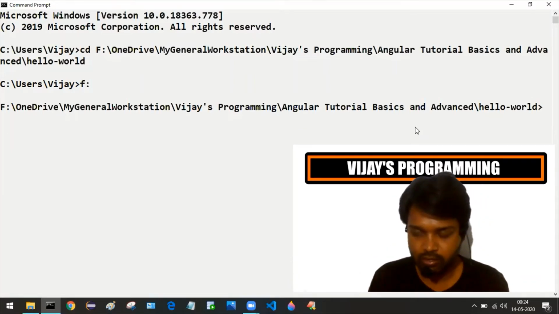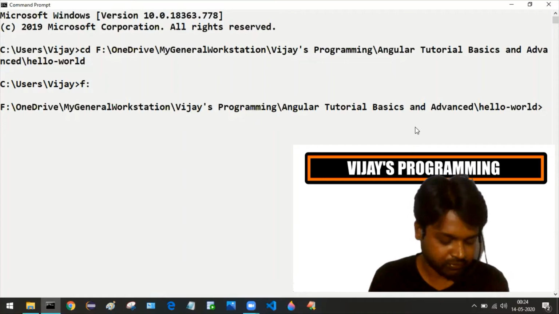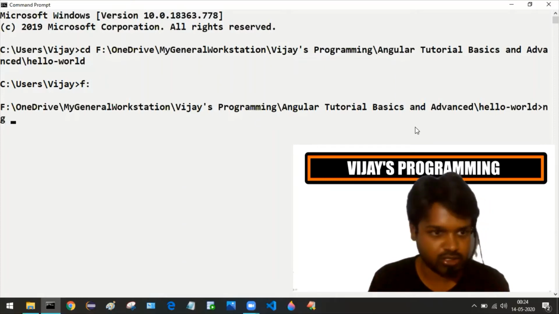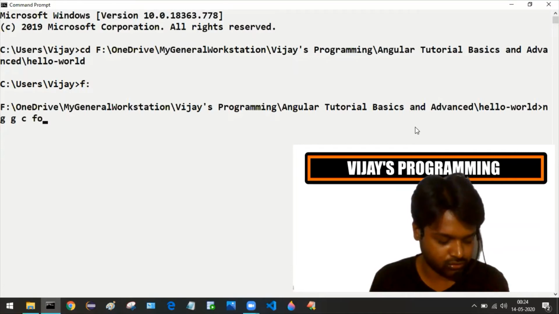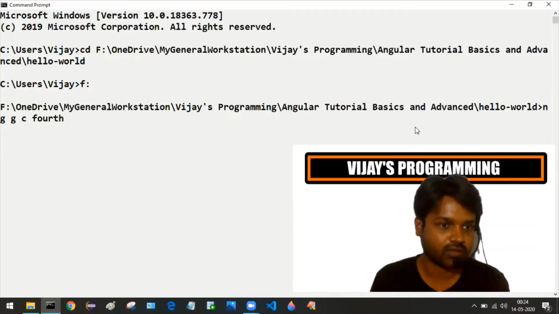From this very location we need to trigger the command to generate a component. What is the command? ng space g space c space, the name of the component. In the previous tutorial we used the name third to create a component. In this case we are going to use fourth.